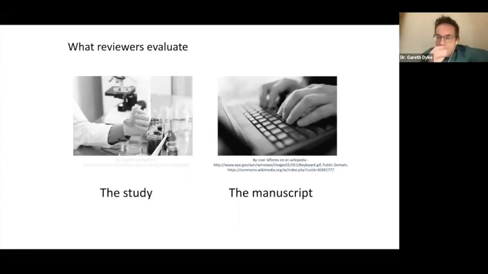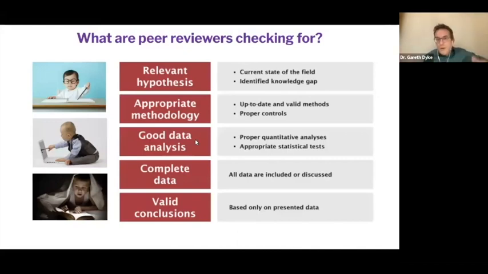So these are the key things that peer reviewers will look at when they're asked to put your paper under the microscope, when they're asked to have a look at your paper as part of the peer review process. Relevancy of hypotheses, appropriate methodology, good data analysis, complete data, and valid conclusions. And this is a great slide to take a screenshot of, a great slide to save for your own work, because when you put your next paper together and send it to a journal, or think about sending it to a journal,